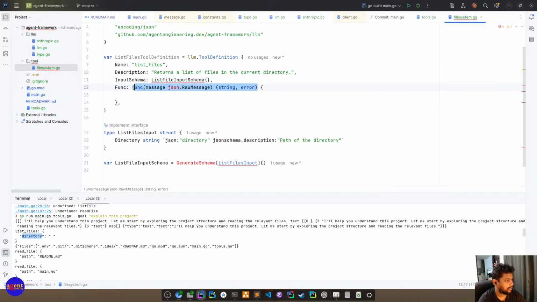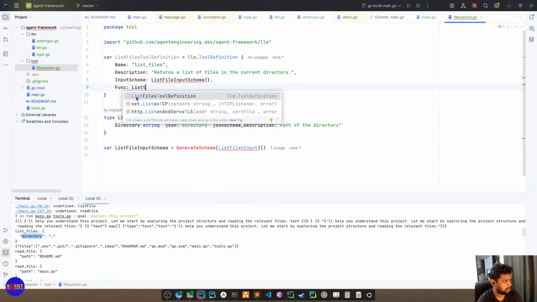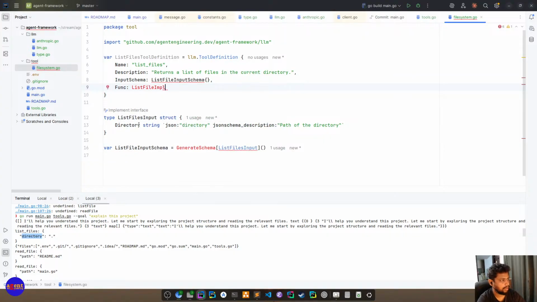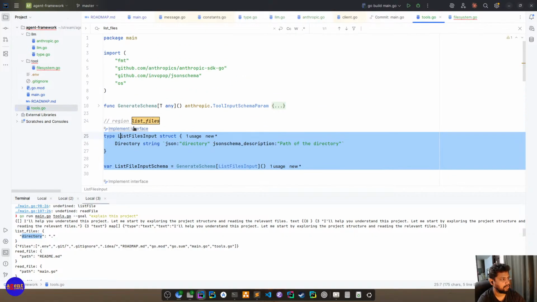Okay, let's write this implementation, right? List file implementation, this function, everything else goes inside. Let me fix this.